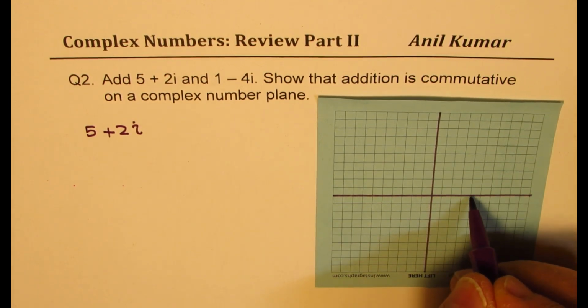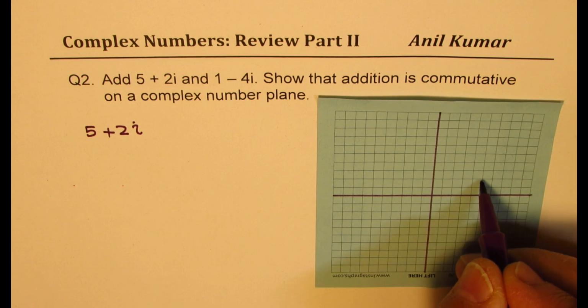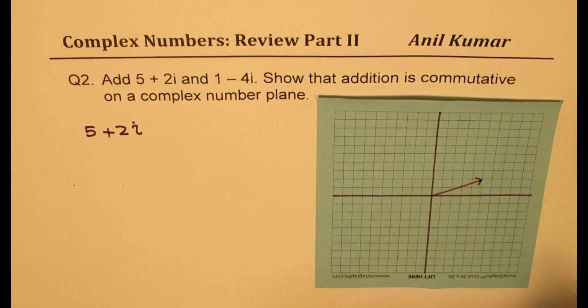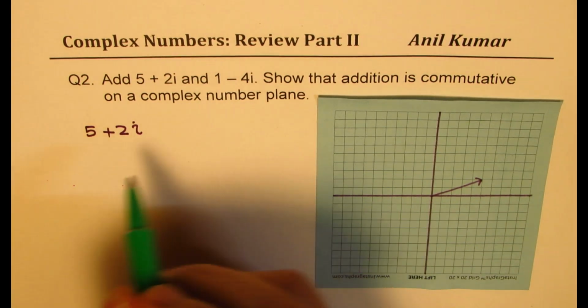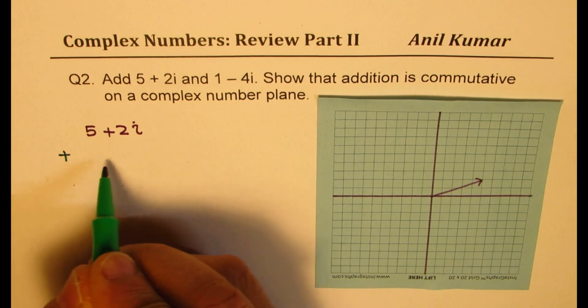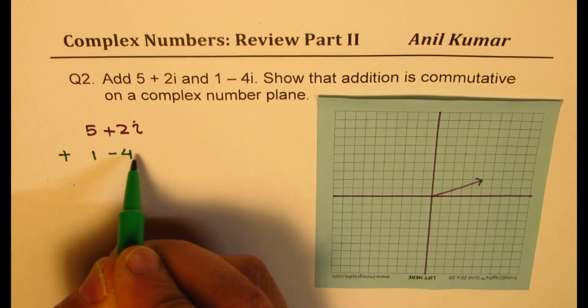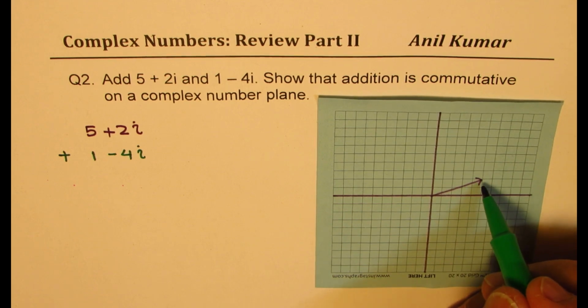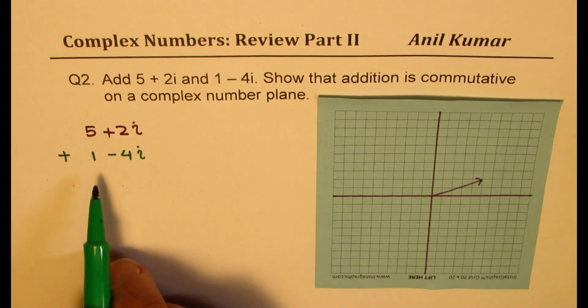1, 2, 3, 4, 5. 1, 2. So that is the representation of the complex number 5 plus 2i. Now if you want to add 1 minus 4i to this, then from the tip of this complex number, which we call the head, we can begin the other complex number, which is 1